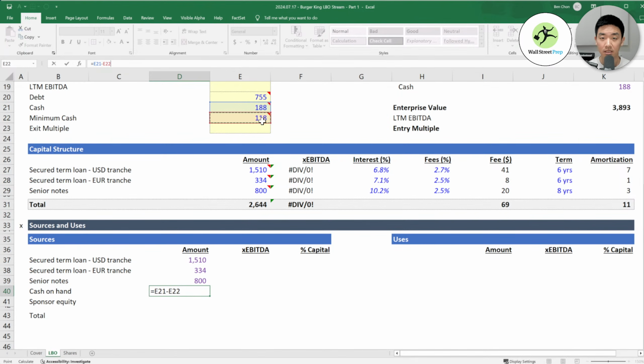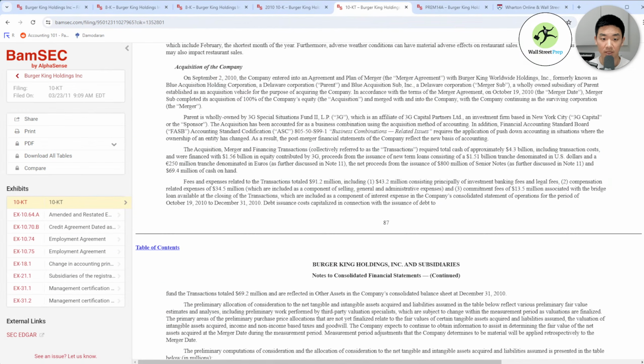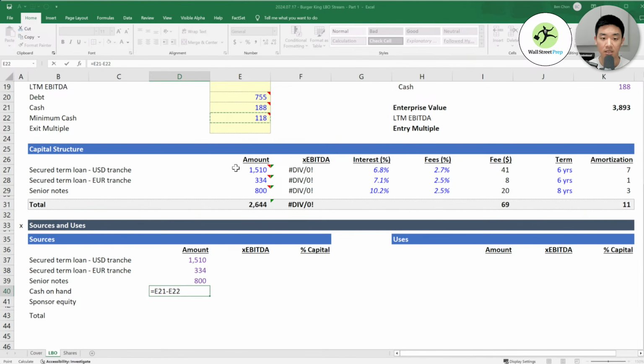When a company is acquired, it still needs cash to run the business, right? Burger King, once it is acquired, doesn't mean that the company can just have $0 in its bank account. It's going to need working capital basically to keep the business going. And so the company has $88 million in cash on the balance sheet, but 69.4 million of that was used to fund the transaction. So they just took it from the bank accounts essentially and then funded part of the transaction with it. So that's the 69.4 million.